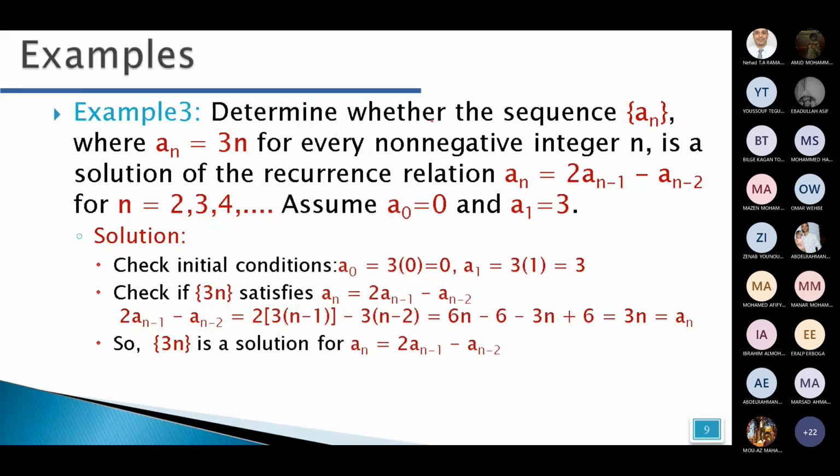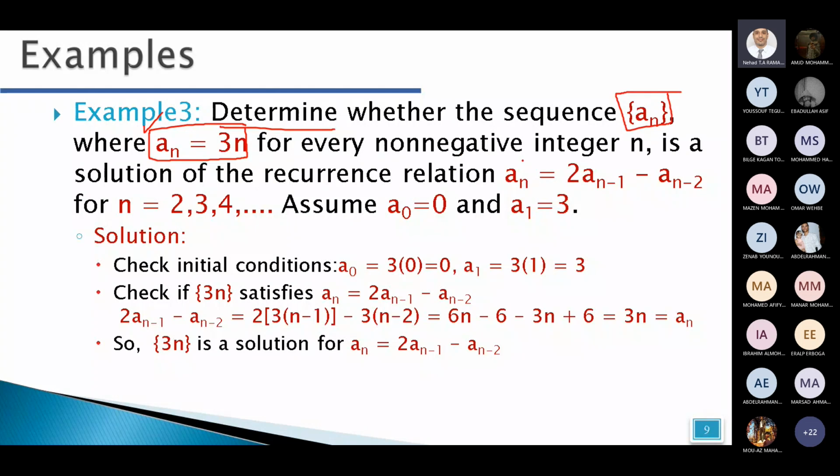Okay, in this example we have the recurrence relation, we have the solution, and we need to check if the solution is the correct solution for the recurrence relation. So determine, check, or prove. This is the meaning of determine whether the sequence a_n, the solution for the recurrence relation here, for the general term. Check if this a_n